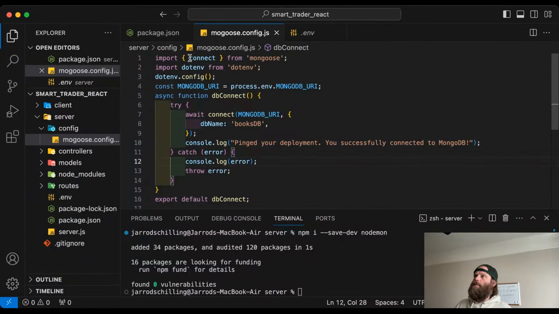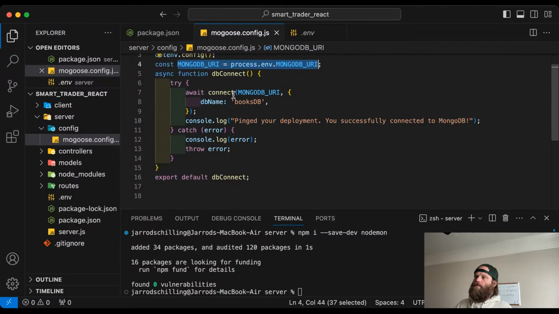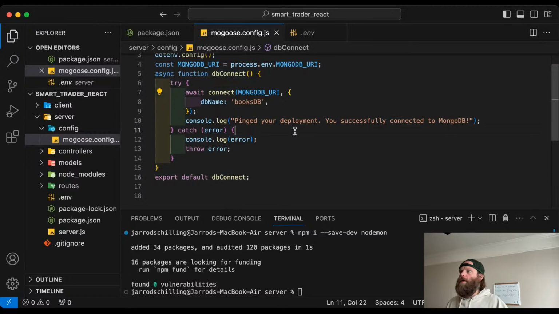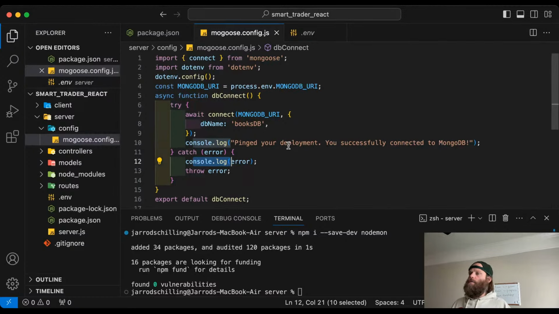And then let's go to the server.js. Walking through this again, Mongoose and .env make this really easy. Really all you're doing here is using the .env to get what you need, and then just using connect from Mongoose to connect to that link, and we're using Atlas for MongoDB. So I'll go over that, and we'll see that make more sense. And then this is just obviously an error if there's a problem with the connection, which we'll probably get if I try and connect. And then the server.js file,